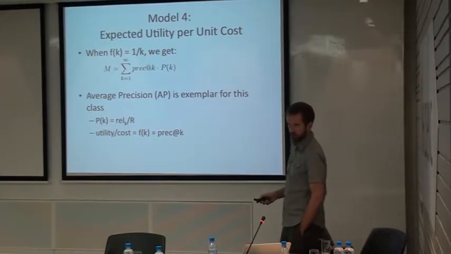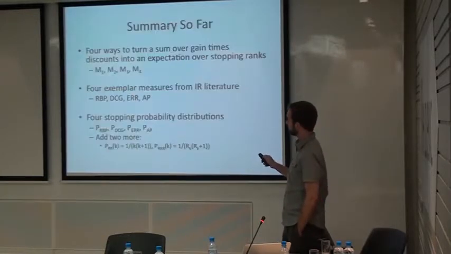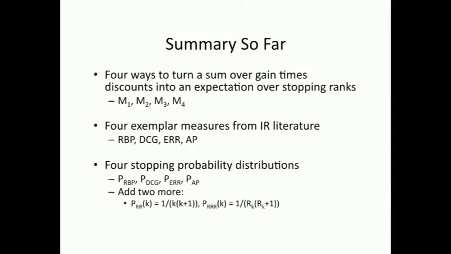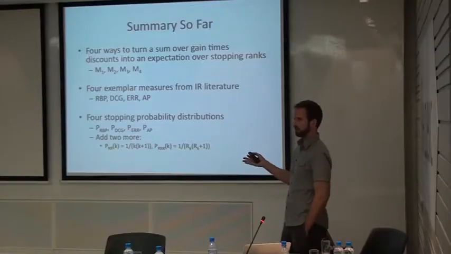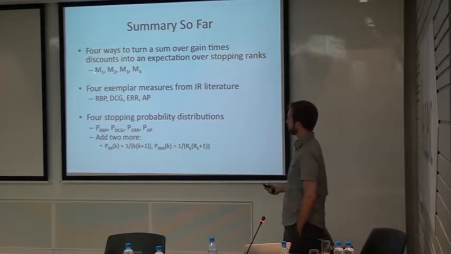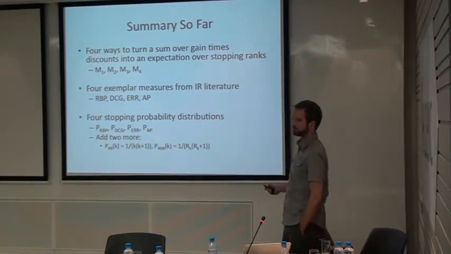Okay. Our third model is the expected cost model. And the idea here is that a user stops with some probability that's based on the total accumulated utility rather than based on the rank alone. So this is the distinction between the position-based and cascade-based models that I talked about in the introduction. So now P of k is actually going to be equal to P of R sub k. So now the stopping is based on the total amount of relevance you've accumulated rather than on the rank that you're looking at.